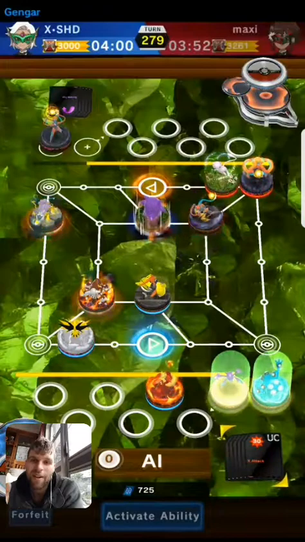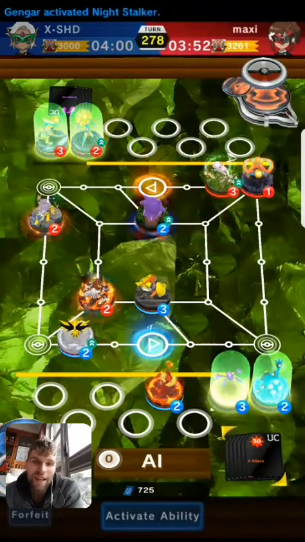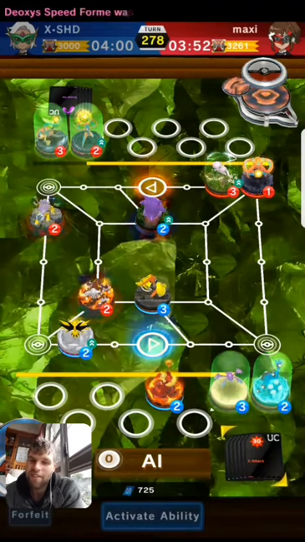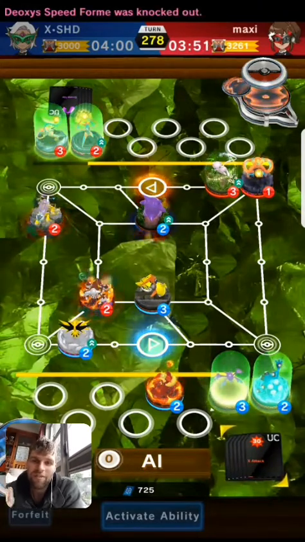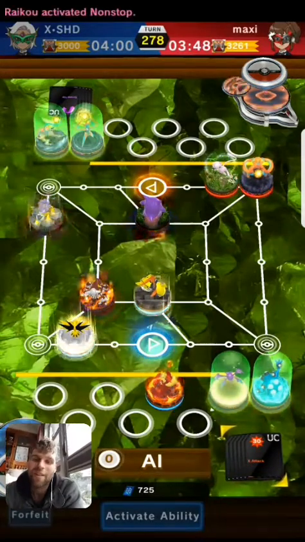And what I can do, good night DOA speed. Good night DOA speed. I could have done that last turn. I didn't even need to defend with Koko, but I like to have him on the field, so I'm not going to complain. And now I'm threatening his goal. He's got to cover up his goal. So